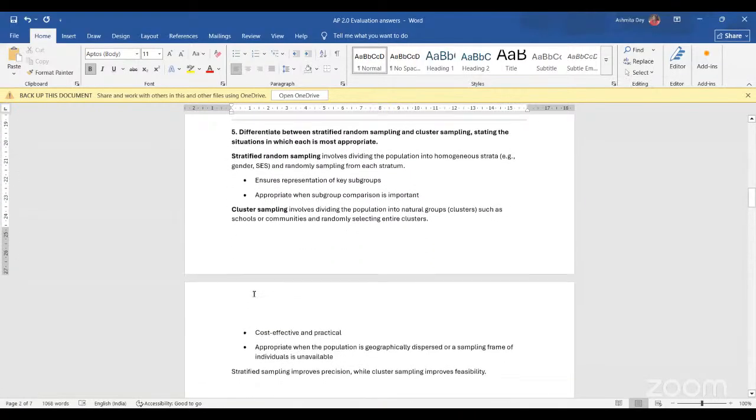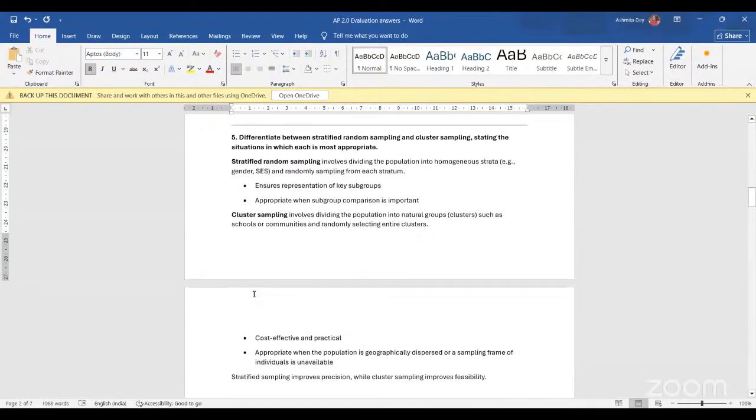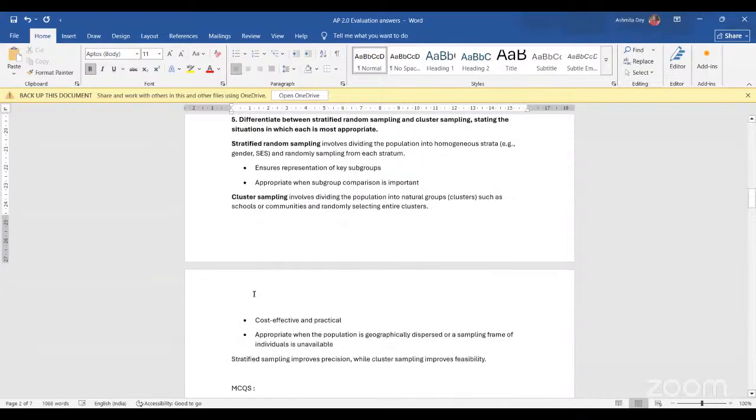Okay. Next, we have the last short answer type question, that is: differentiate between stratified random sampling and cluster sampling, stating the situations in which each is most appropriate. Again, the most common mistake while you are differentiating between stratified random sampling and cluster sampling is that the situations as examples are not being provided. Okay. So here,